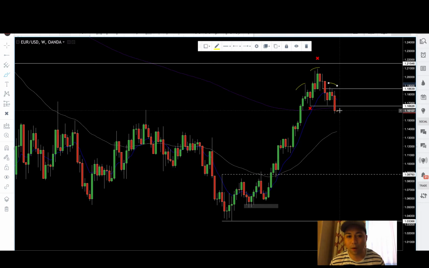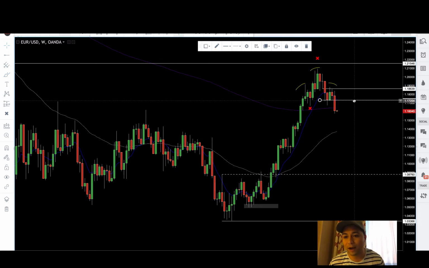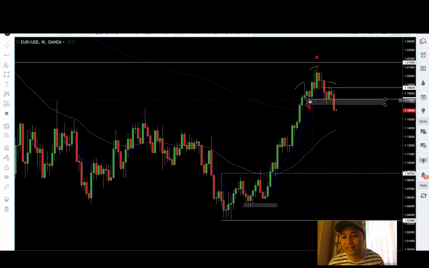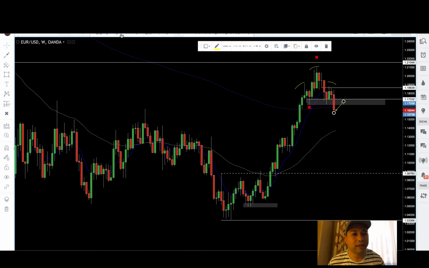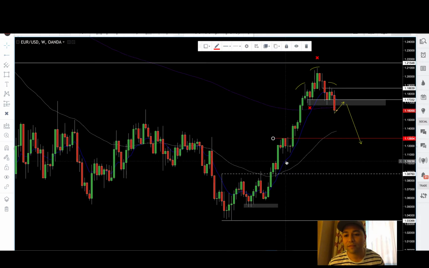Now, where would I expect price to go from here? Well, it's possible we might see price actually move up. We might see price move into this zone here and see if it might retest and reload. And then from there, we could see price bounce off this liquidity block right here. So I'm looking to see if price is going to come back, retest, get a confirmation, and we can see price move further down. We would potentially be looking at this level right here. That's the area of interest,